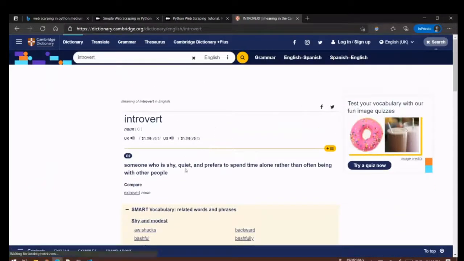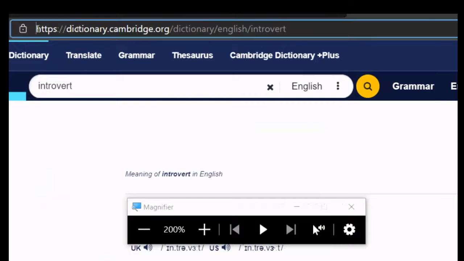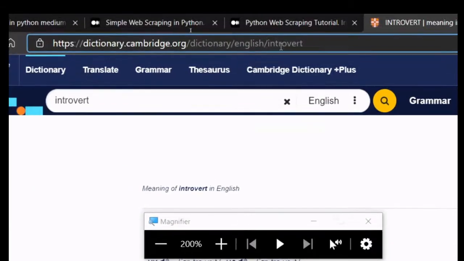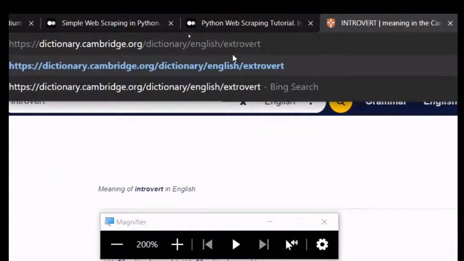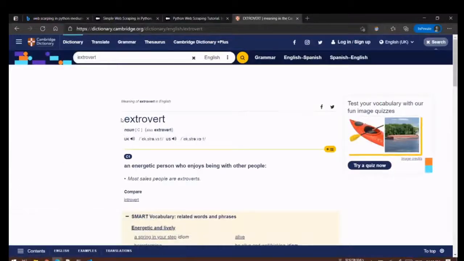Now this is the page that we are getting, and if you look at the URL, it is http dictionary.cambridge.org/dictionary/english/ followed by the word that you have searched for. So I can simply say extrovert, and I'll get the definition for extrovert. Whichever word I want the meaning for, I can simply replace this part of the URL with that word, and I'll get the word page in return.